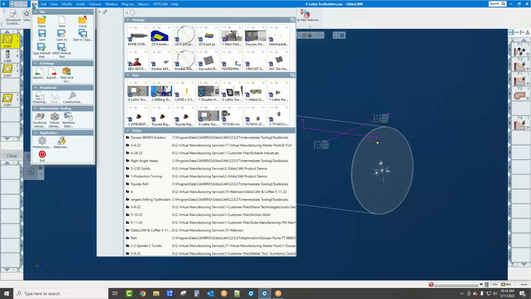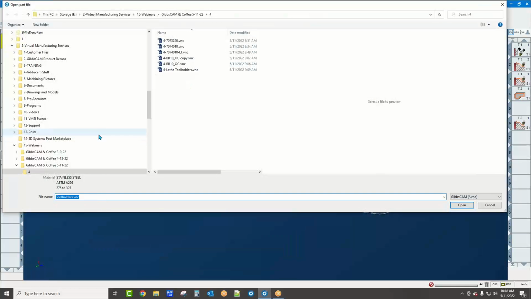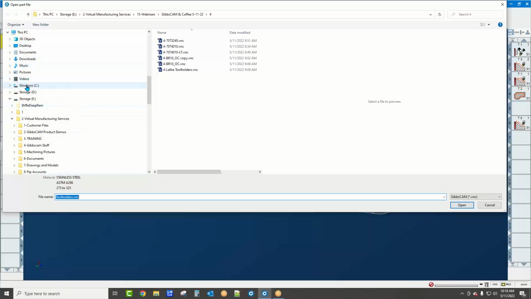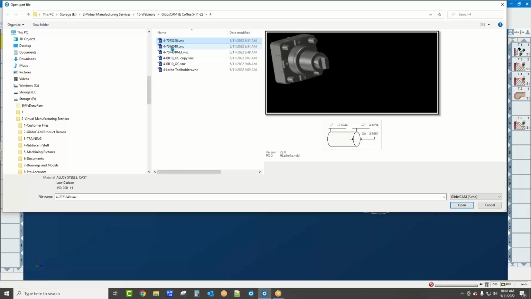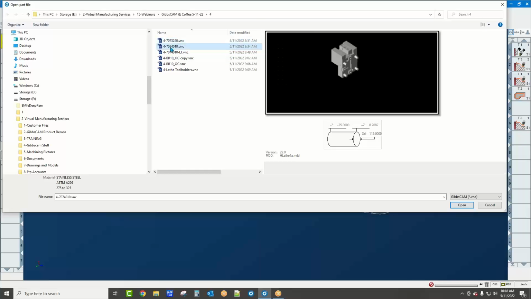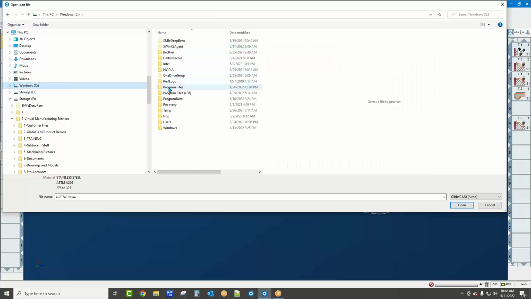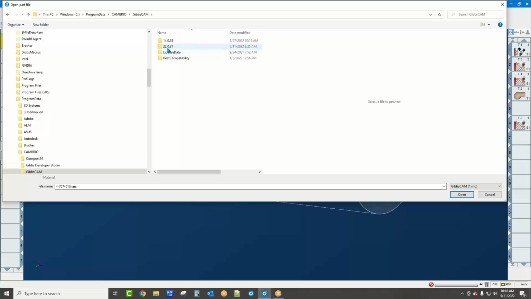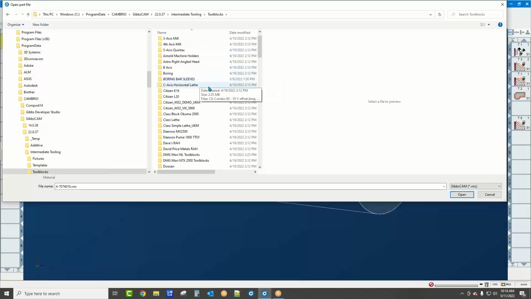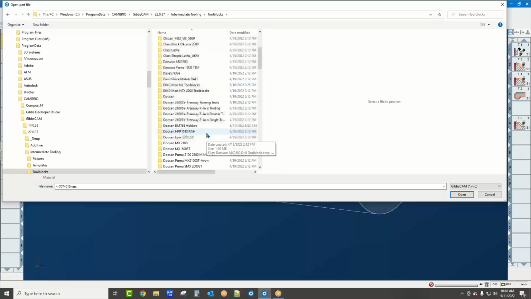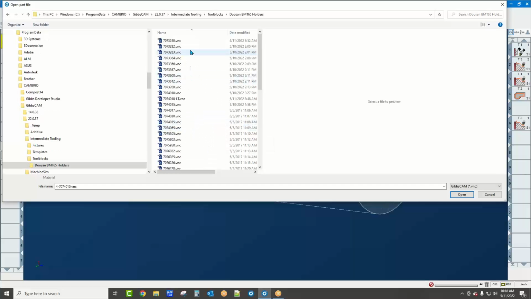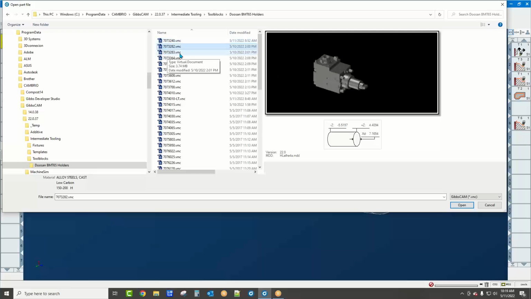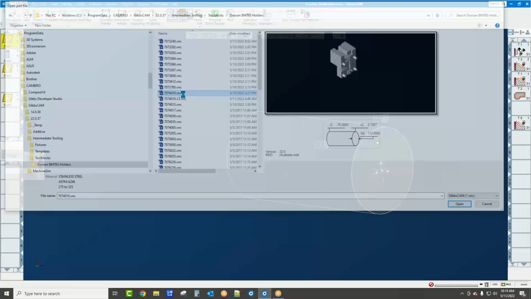So now I'm going to go into... I have these up here for reference, so I would remember which ones they are. We've got a live block here. We've got a turning block here. So let's go into program data, Cambrio, GibbsCAM, intermediate tooling, tool blocks. And this was Doosan, let's see, remember what library, BMT 65 holders. If I go into right here,